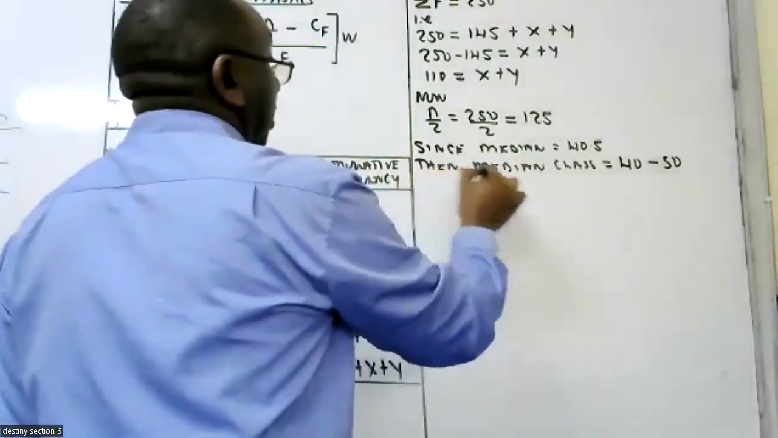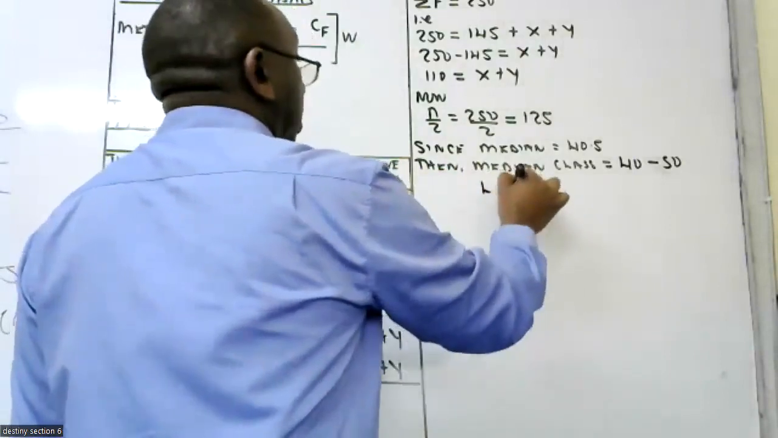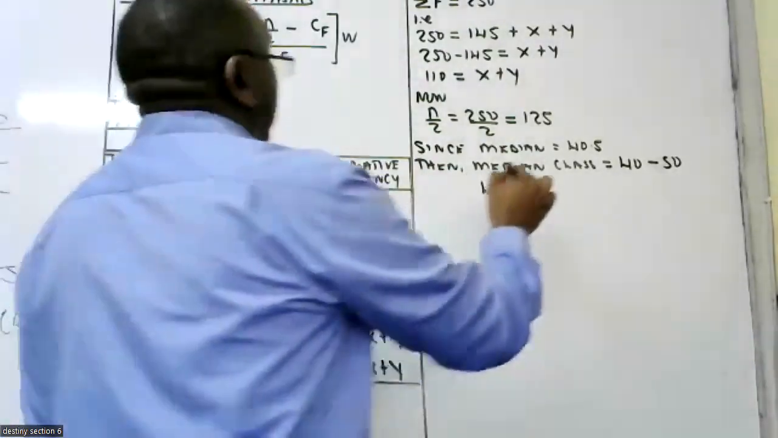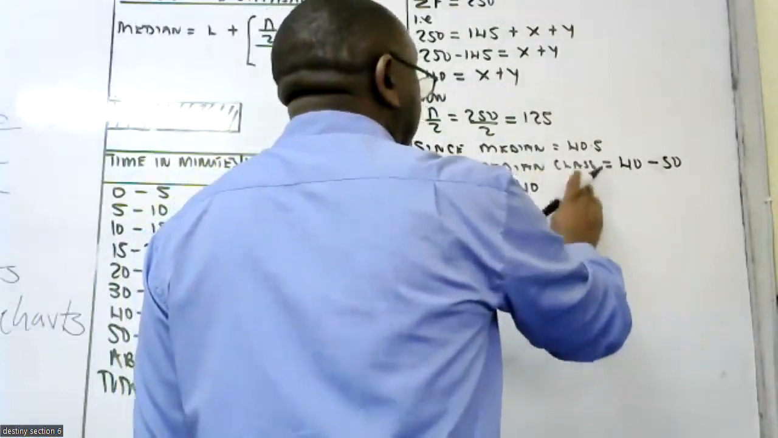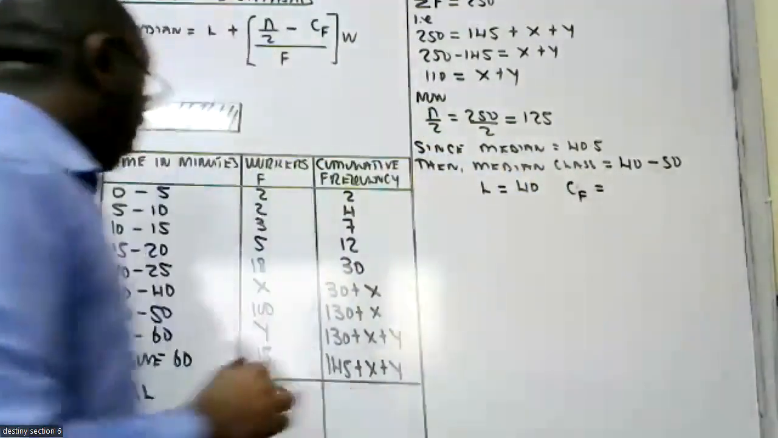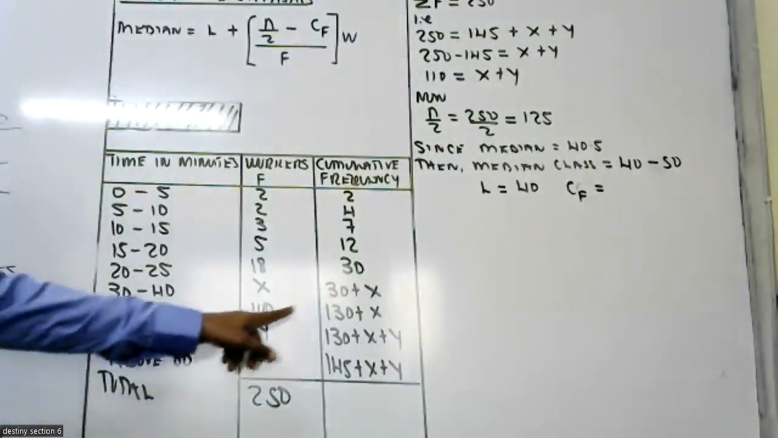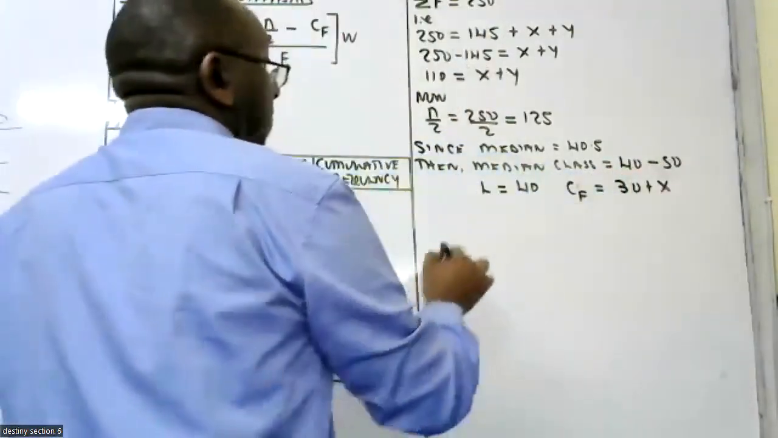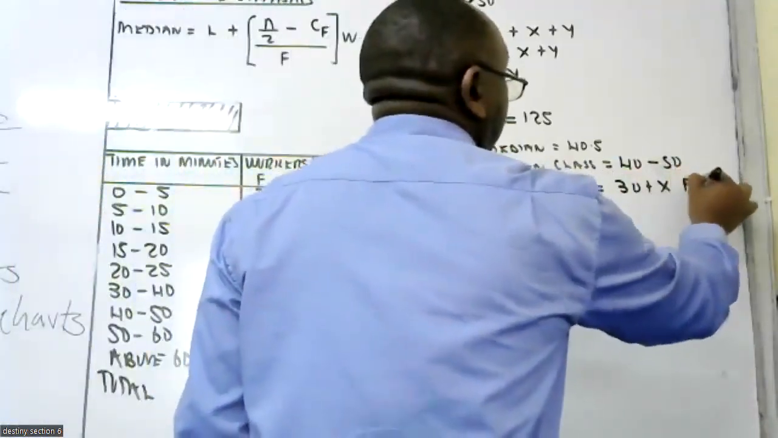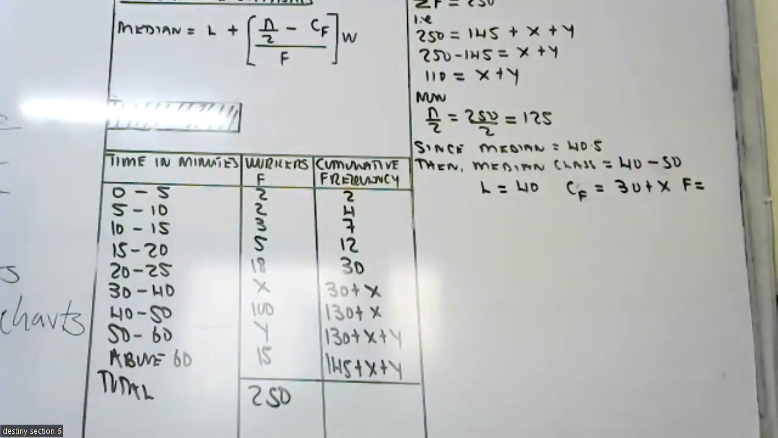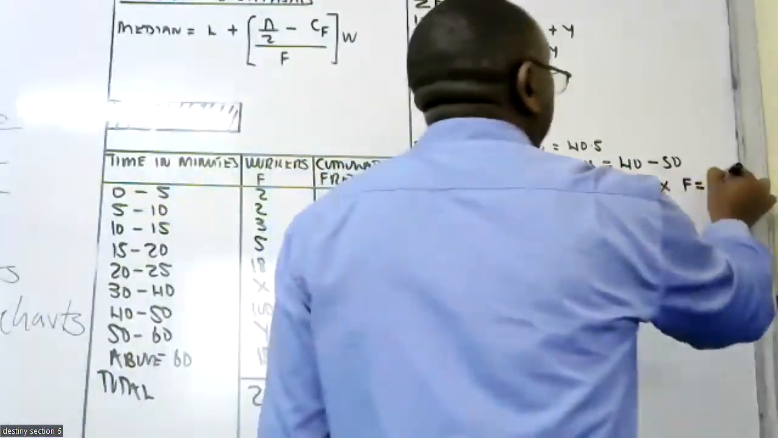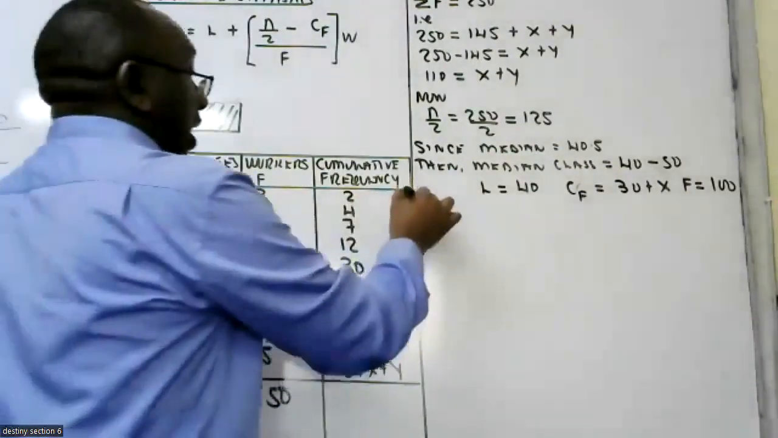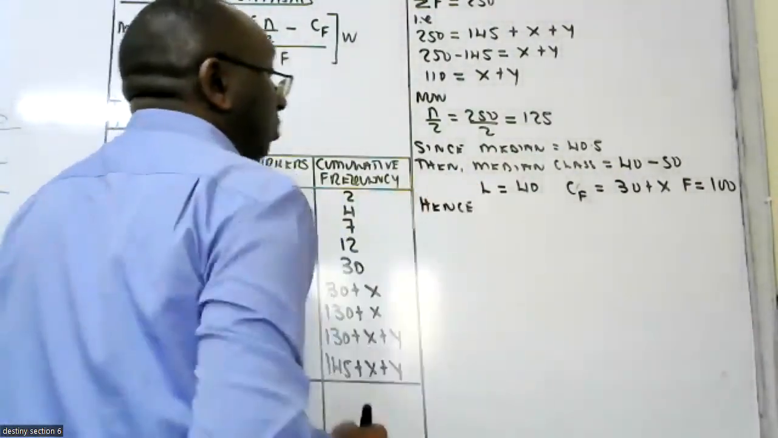So with that, L will be 40. The cumulative frequency above that is 30 plus x, and the frequency of that class is 100. So hence I'm going to say